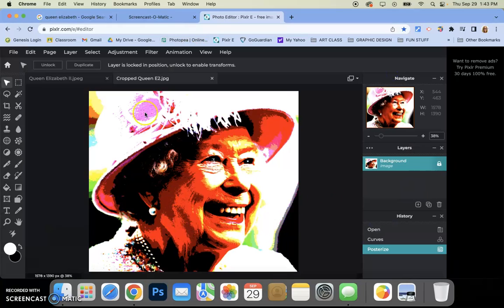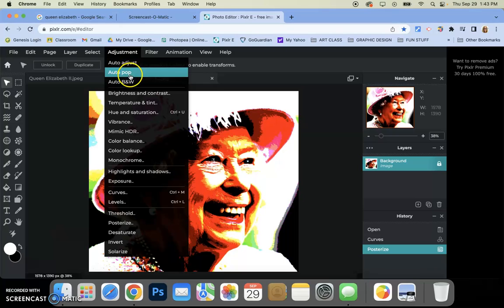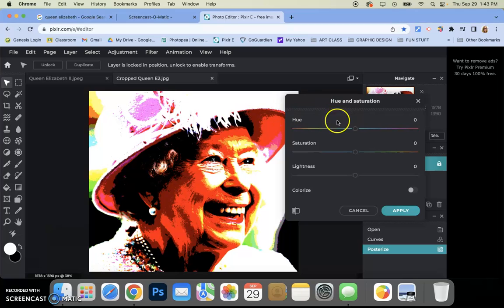It's at this point, once you have it posterized, that you're going to explore the various ways that you can change the color, and you can do some color variations. So you have this saved. You can go to, everything seems to be in adjustments. The easy way is to go to hue saturation, adjustment, hue saturation. And if you drag the hue back and forth, you can see that the colors will change hue. But as those reds change, so will the colors that were up here. The pink and the blues and stuff, everything will change